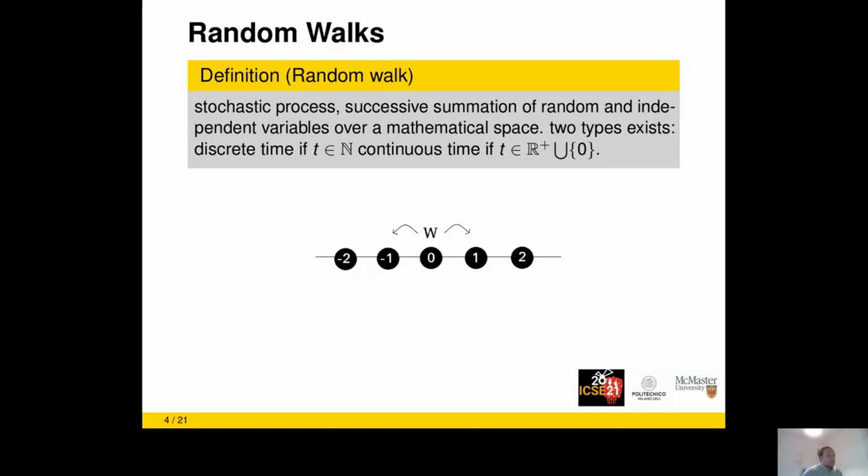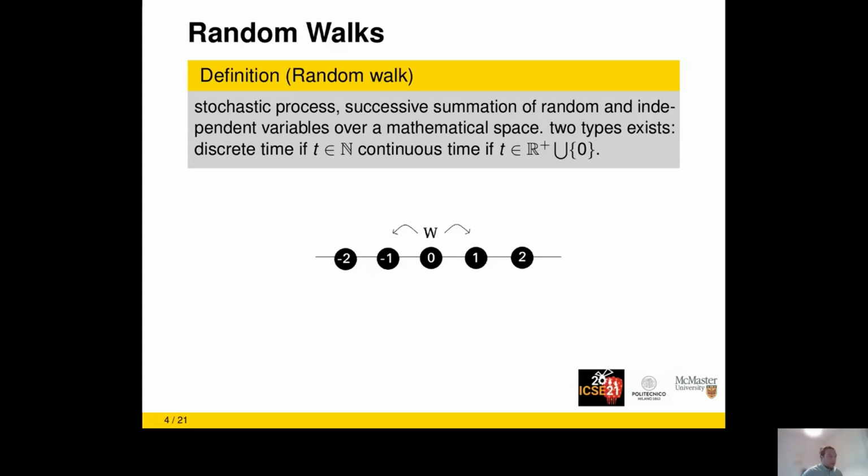And to give a more practical example, we can consider the image below. Here in the image, we can see our mathematical space defined by the line of the natural numbers, positive and negative. We have our walker that is actually in position 0. What we want to obtain is a random path. This is achieved by